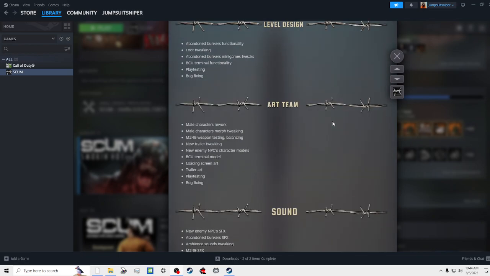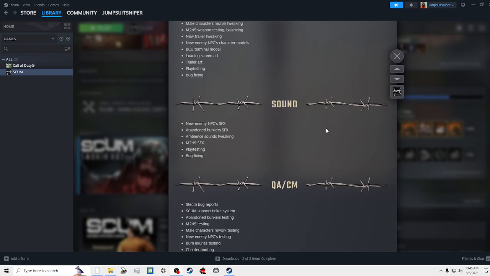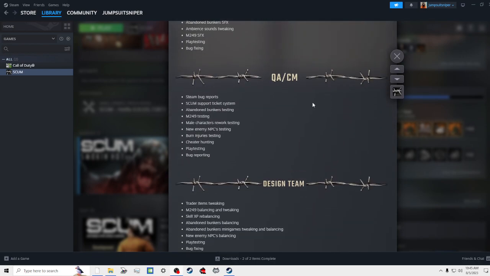The art team: male characters rework, male characters morph tweaking, M249 weapon testing, balancing, new trailer tweaking, new enemy NPCs, character models, BCU terminal model, loading screen art, trailer art, playtesting, bug fixing. Sound: new enemy NPCs sound effects, abandoned bunker sound effects, ambience sounds tweaking, M249 sound effects, playtesting, bug fixing, quality, I